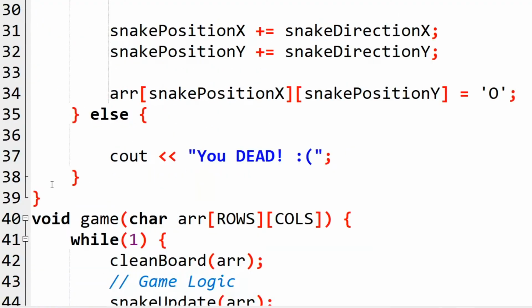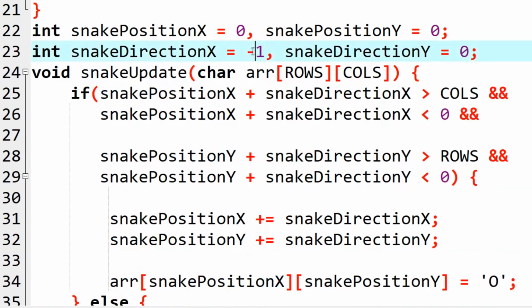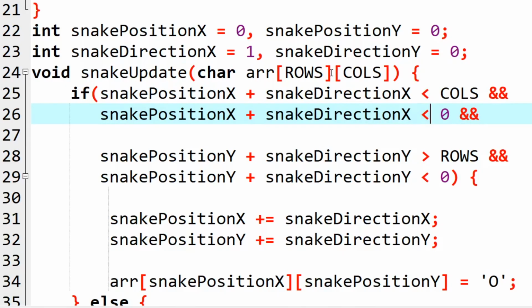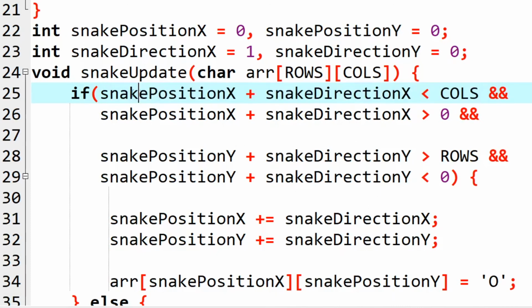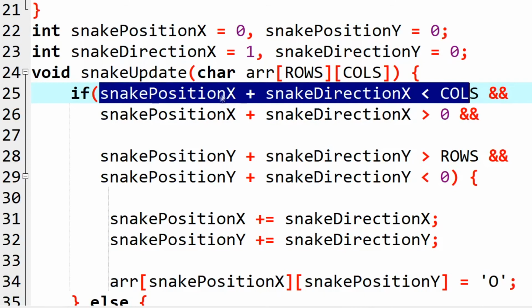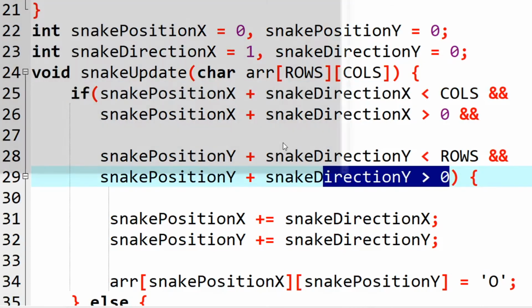I should be seeing a snake somewhere. I'm not seeing a snake. Oh yeah, it's trying to move left. That's my mistake. So we want to move it in the right direction. So I made a mistake again. If we are within the screen range, we need to run all of this code, right? So our current position plus whatever the value is, if it stays within the width, and if it stays greater than 0, like if it does not go beyond, it should run now, hopefully.